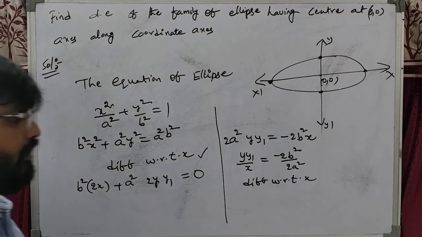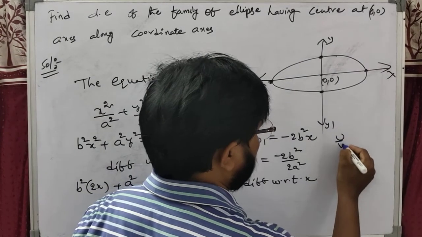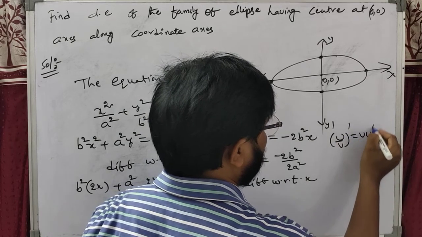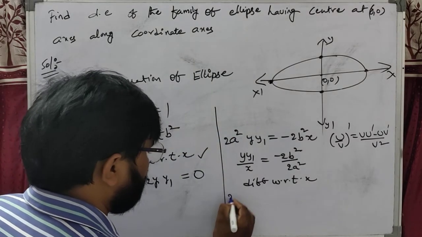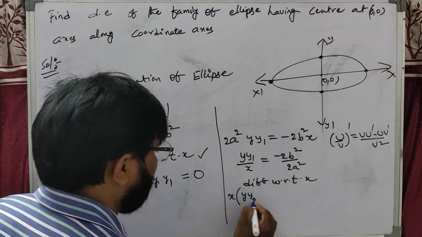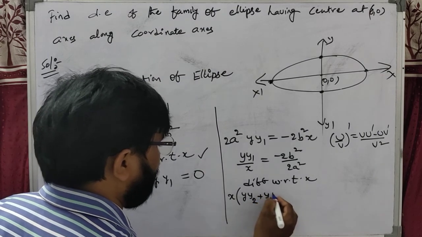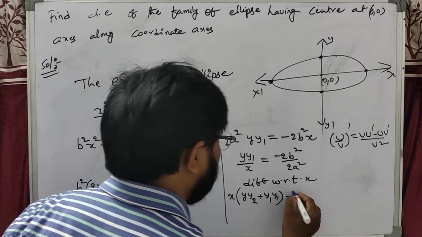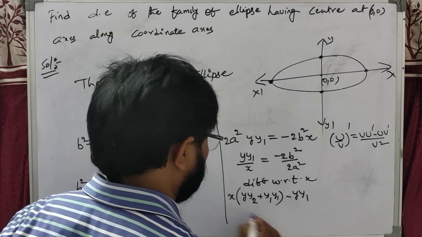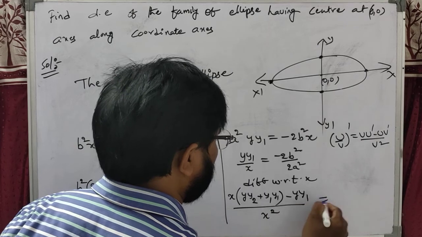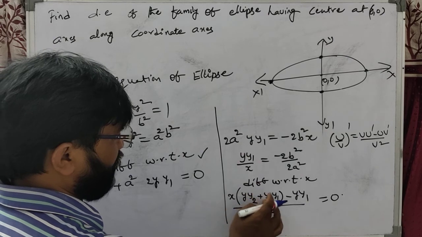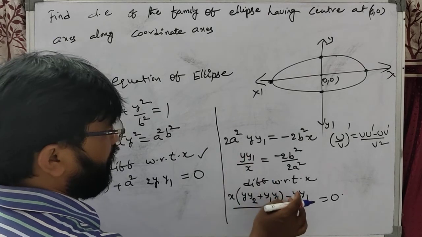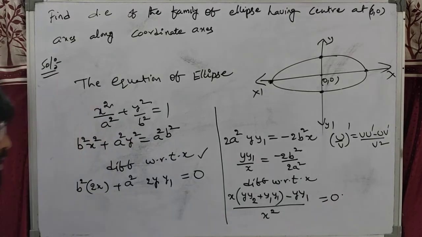Now again we are differentiating with respect to x. We have to know that (u/v)' = (v u' − u v')/v². So v u', that is x into y2 plus y1, minus y1 times the derivative of x, which is 1, over x squared, it will be 0. Okay students, x into y2 plus y1 into the derivative of y, which is y1. After that, y1 times the derivative of x, which is 1. We already completed this model at the beginning, students.